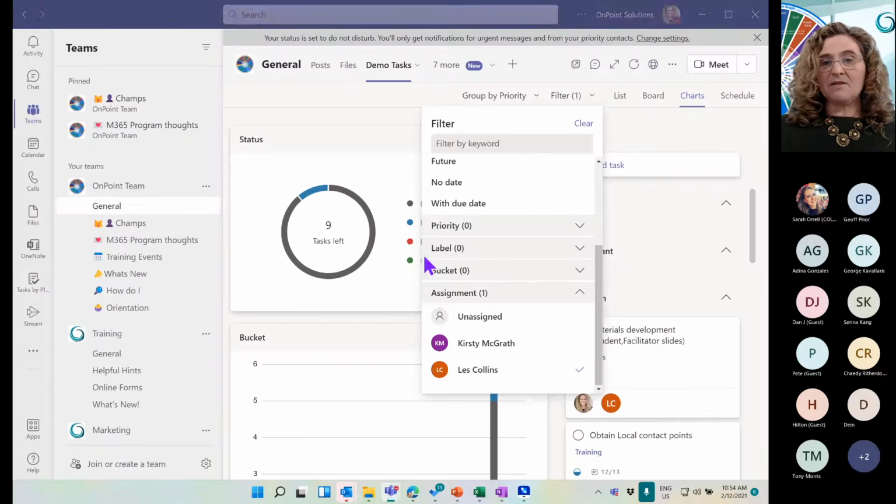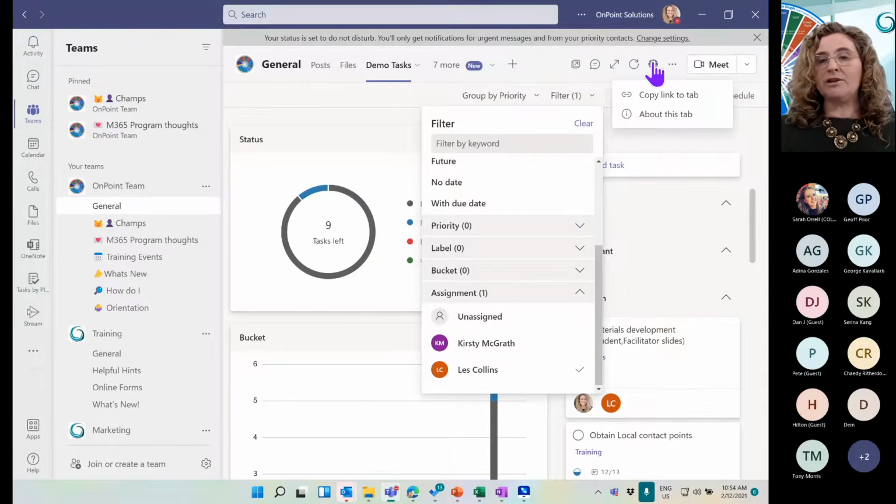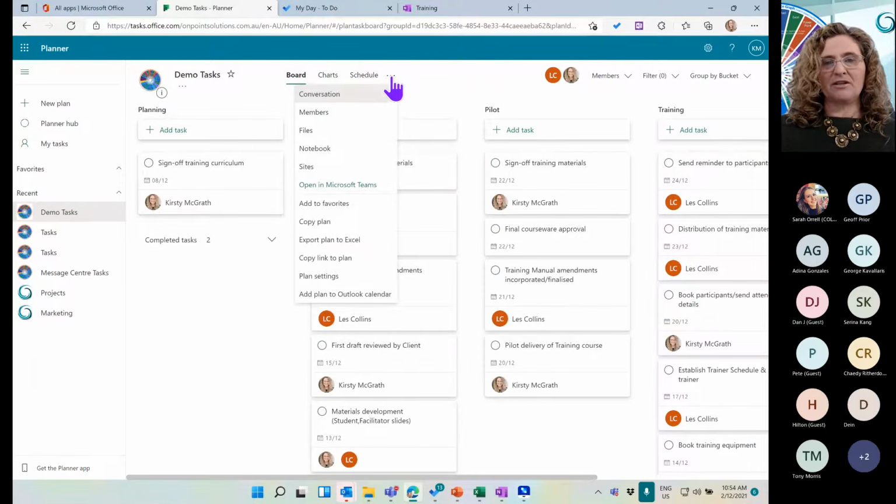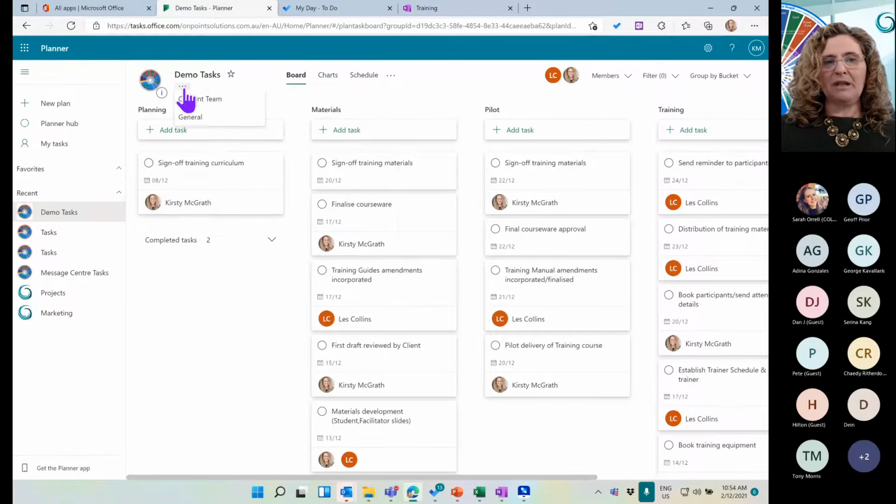If I was in Teams, I get to that by just clicking up the top here. I actually just click on the go to the website. You'll see them all up here. There are some, but not all. The export, for example, is not there. You will need to go online to your browser, like here, to actually be able to do some extra features and functionalities as a part of these plans and moving through.